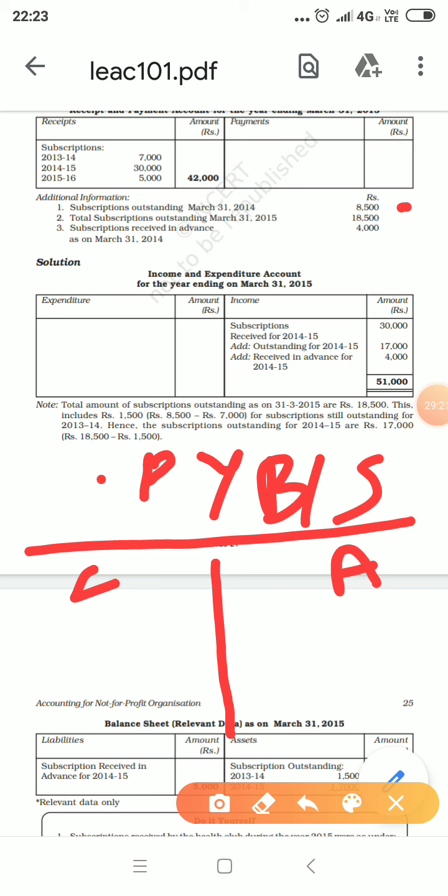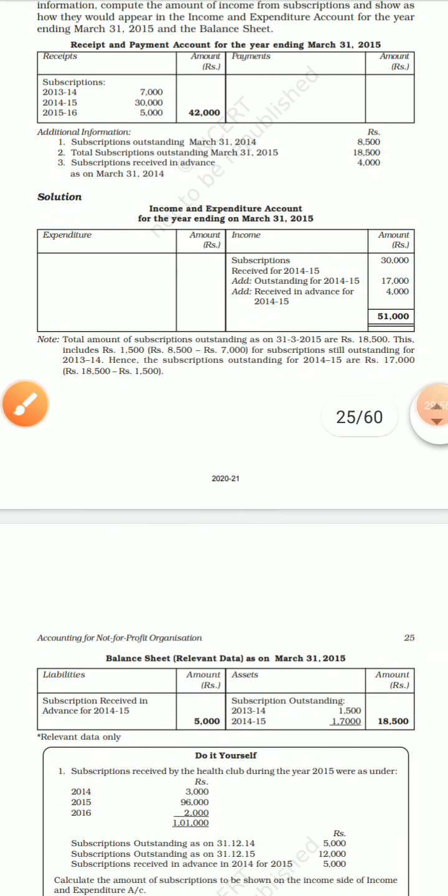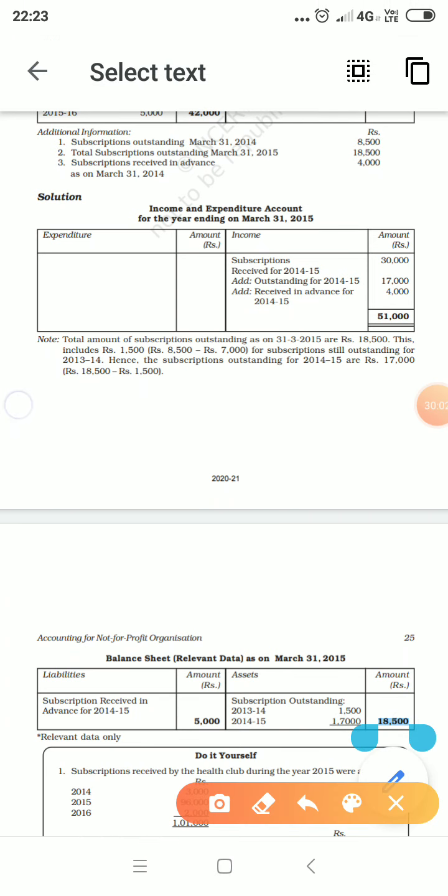So it is income outstanding, income accrued, it's an asset. So it will appear here, on the asset side of the previous year's balance sheet. Then total current year's outstanding is 18,500. So this 18,500 will appear here, in the current year's balance sheet. They have shown it as split up, 1,500 plus 17,000. I can show that later, because right now I cannot move this icon. Can you see it here, children? 1,500 plus 17,000, 18,500. Okay.